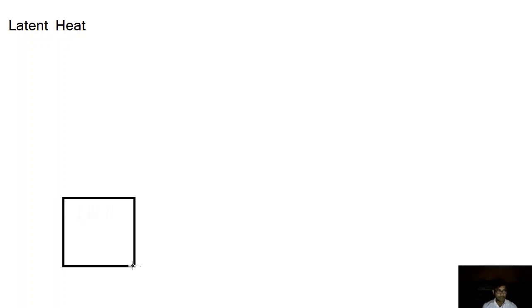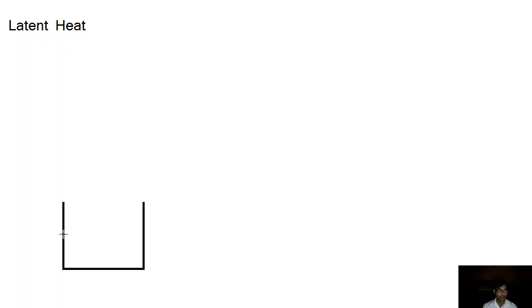Okay, today we are talking about what all of you actually wanted to know for a long time, and that is latent heat. Right, we shall just take a look at what is latent heat with the help of an example. Suppose we have a vessel, and this vessel, suppose as usual, contains some water,